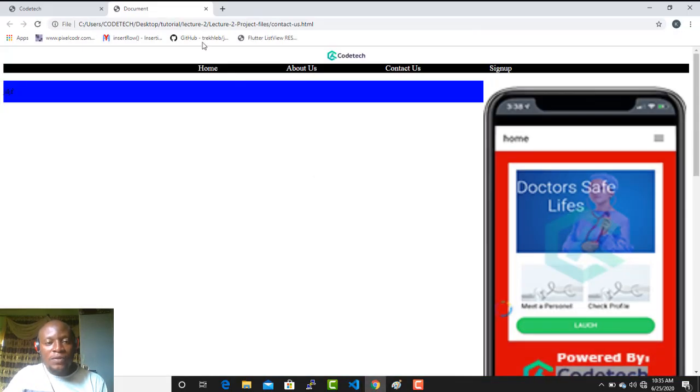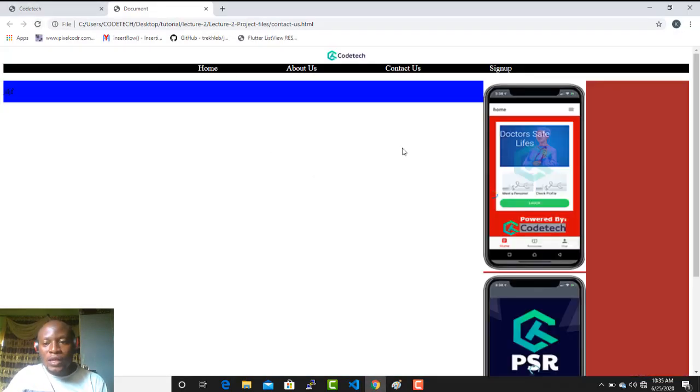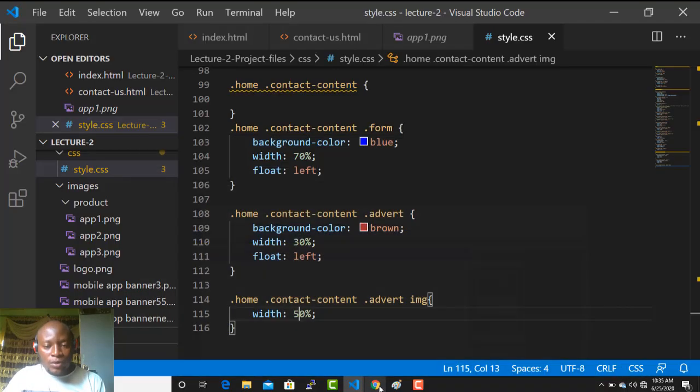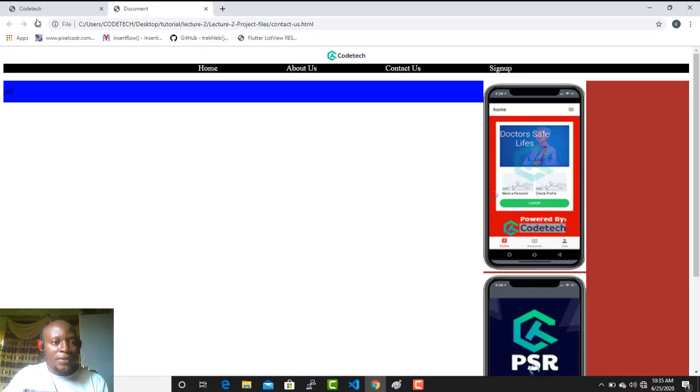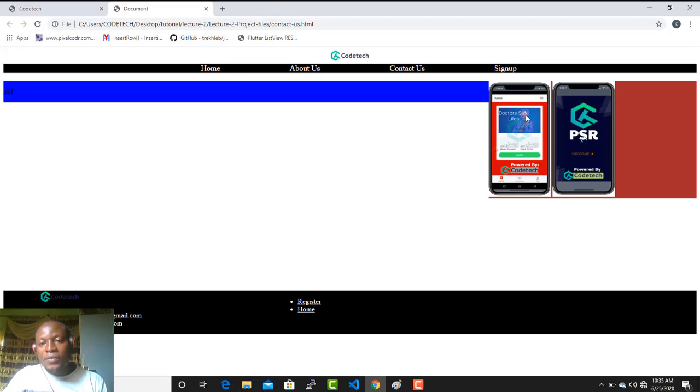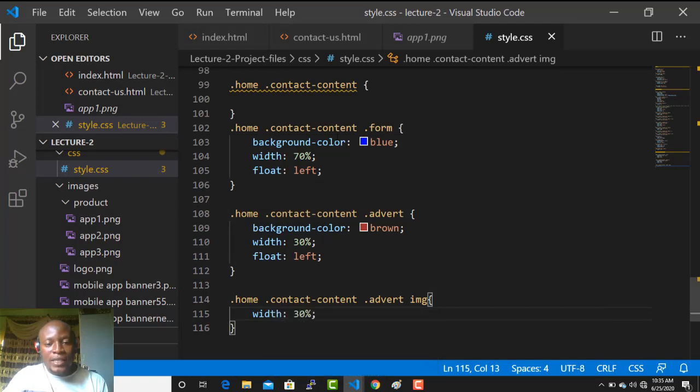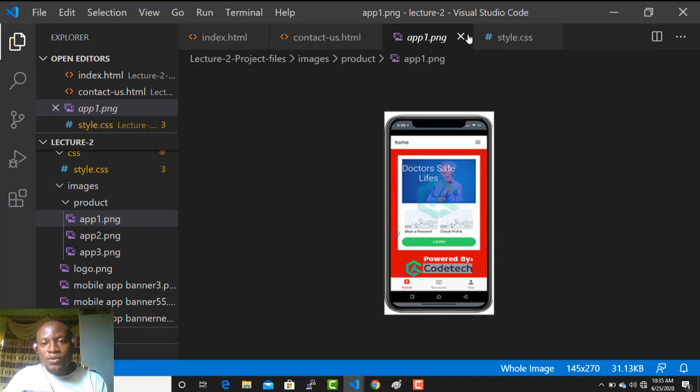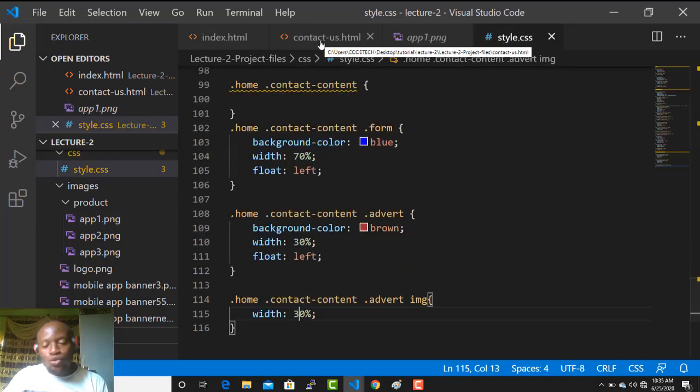And if you say 50%, that means 2 would now, okay, it is not bad as 50, but I will prefer to make it 30. So that will now be 30% of 30% already. Okay, and I think this is good, only that I want to centralize it and make sure that it comes next after one another, horizontally, and that is not going to be difficult for us to do,